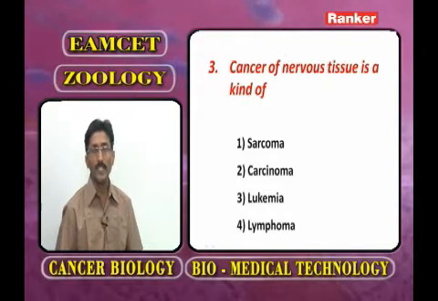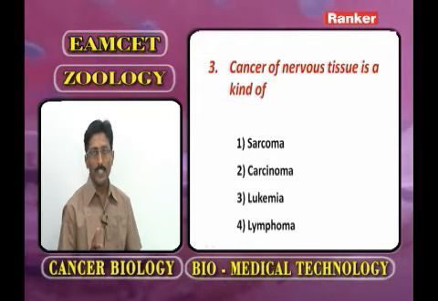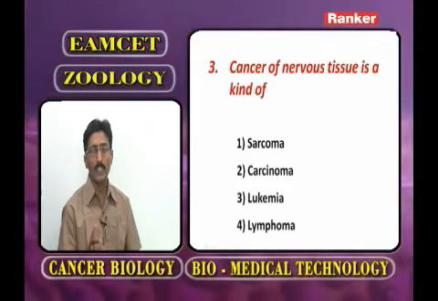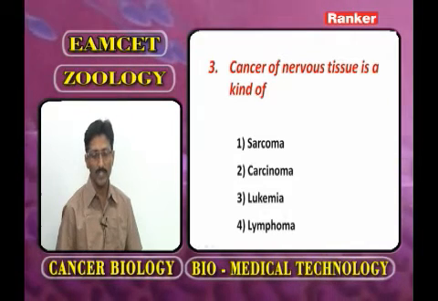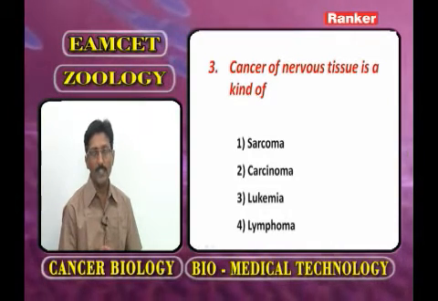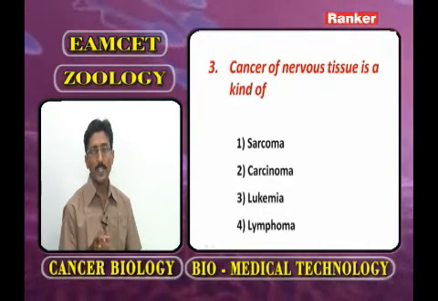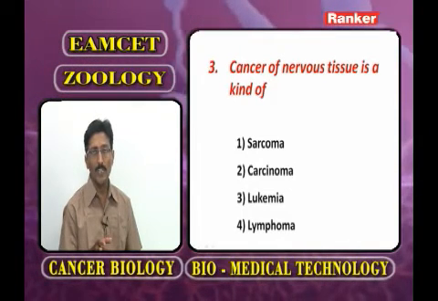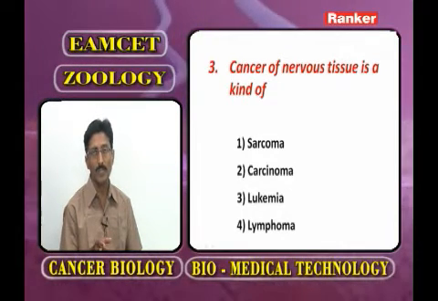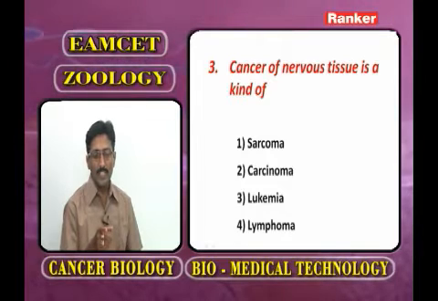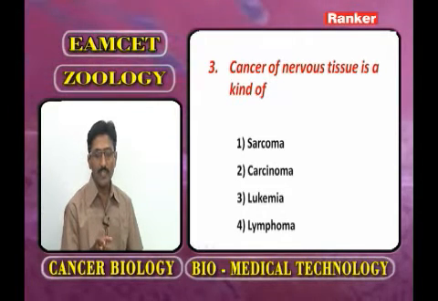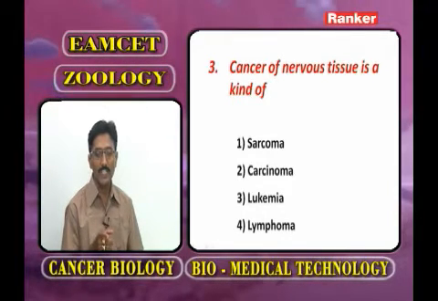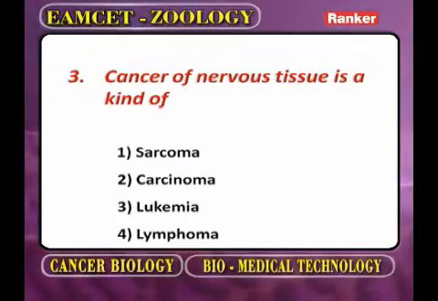One type we call sarcoma, that is going to occur in the parts derived from the mesoderm, and carcinoma is associated with epidermal or ectodermal cells. Now the nervous tissue is derived from ectodermal cells. So the cancer of nervous tissue is a kind of carcinoma. Now the answer is,